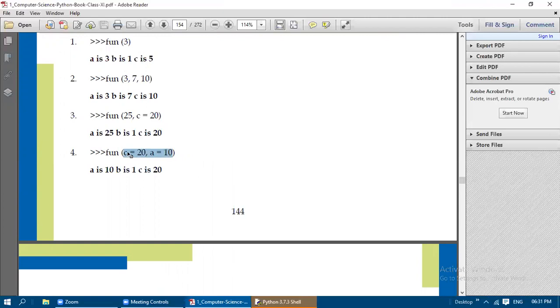So for any parameter, if you are assigning the value in the function call, then that kind of arguments are known as keyword arguments or naming arguments. Here we are not considering the order. See, A is written at the end and C is written at the beginning, but B is automatically taken as the second value. So we didn't consider any order. Both statements, C is equal to 20 and C is equal to 20, comma A is equal to 10, the last 3rd and 4th calls, are keyword arguments or naming arguments.